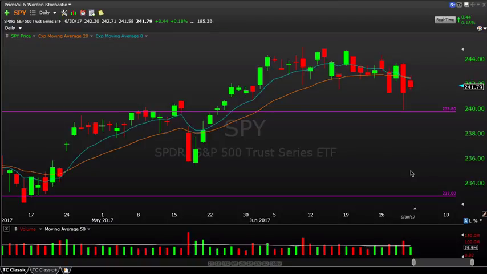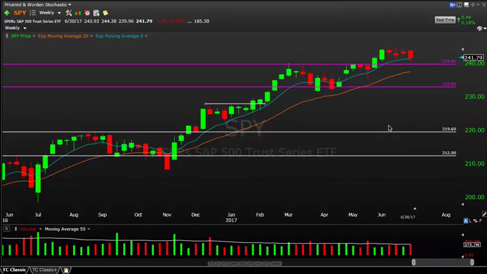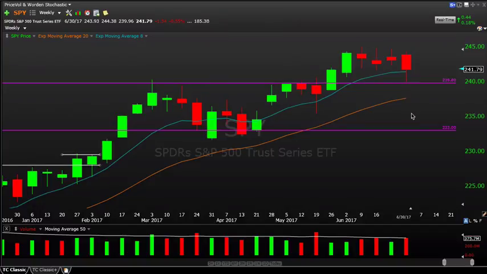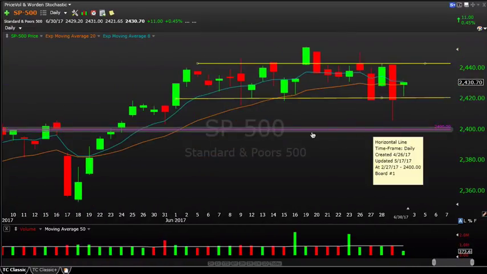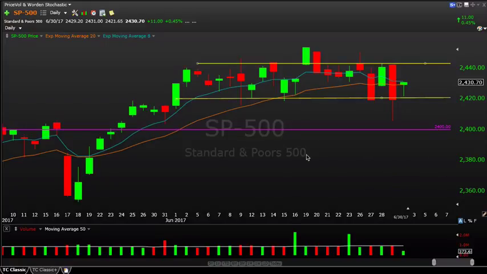Let's get into the charts here with the S&P 500 SPY ETF. You can see a rather dull day here on Friday, up 18 basis points, closed down just about 0.5% on the week. And actually, we should still be looking at the cash market, because that downward slope, the ex-dividend on the SPY ETF, is still skewing the chart just a bit. So here we're going to look at the cash market for the S&P 500. And you can see once again, we really have gone sideways. All of June, we have effectively just moved sideways between this 2420 and 2445 range.